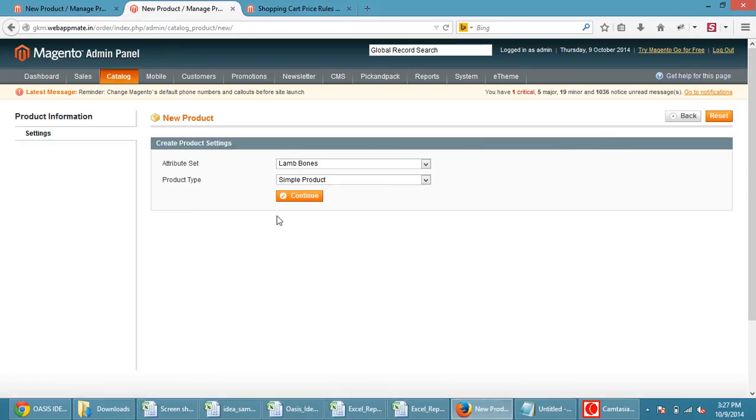Now as you are seeing right now, for attribute set you can select default, and the product type will be simple product. Then click on the continue button.